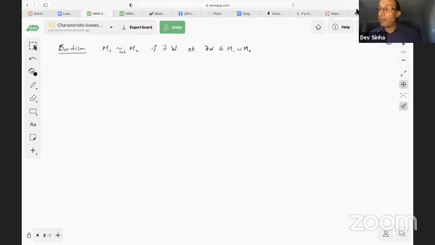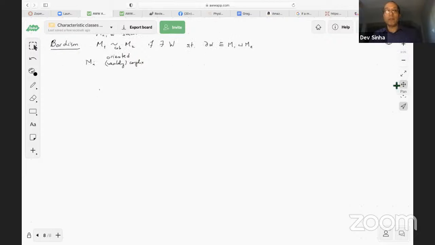We can say that, so here all the Mi's and the W's are smooth, if the Mi's are either oriented or, let me call it weakly complex, that just means that their tangent bundles, or really we'll need the stable normal bundles, to be complex. Let me make this a little bit bigger.